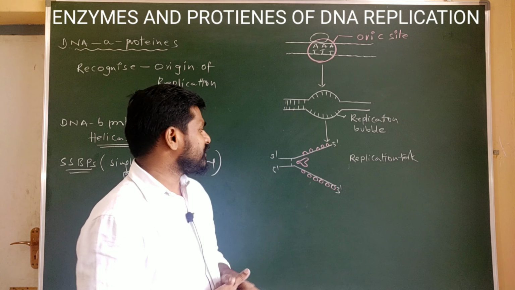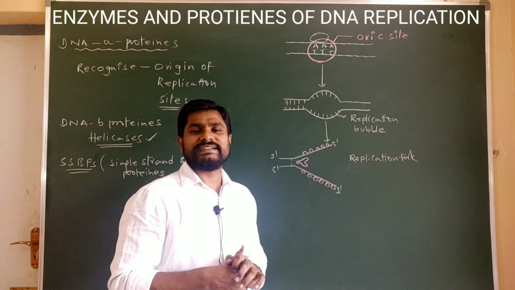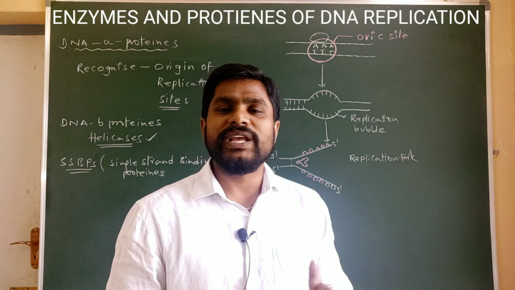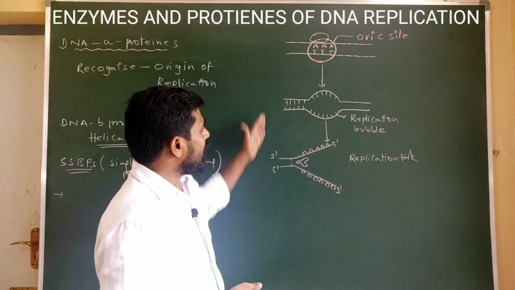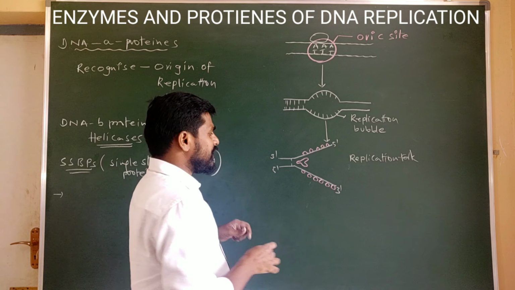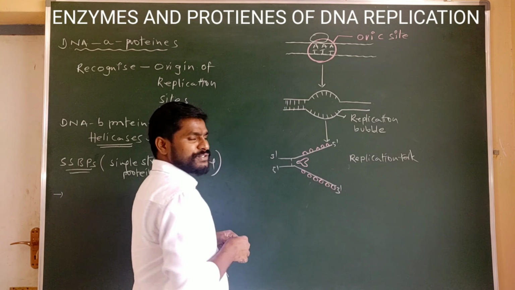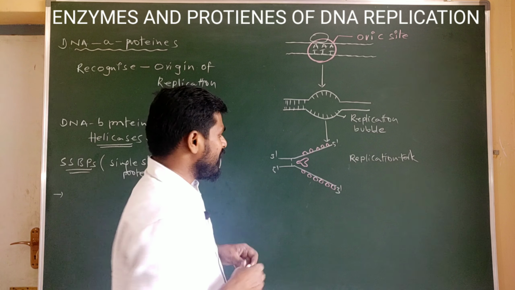And along with this, they protect the single stranded stretches of the replication fork from the action of nucleases. After these events, the DNA polymerase comes and binds to these extended single strands of replicating DNA